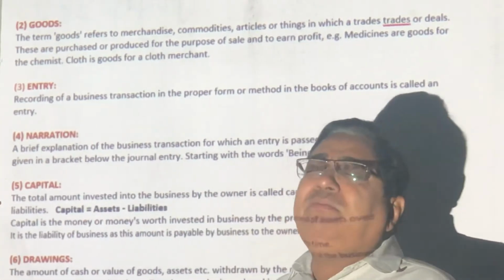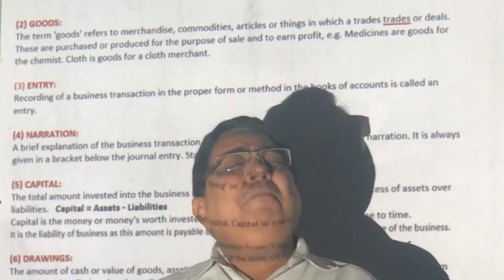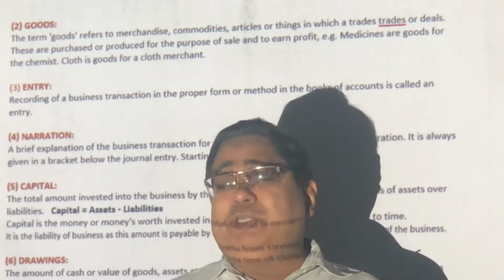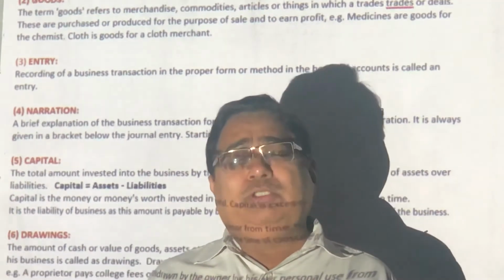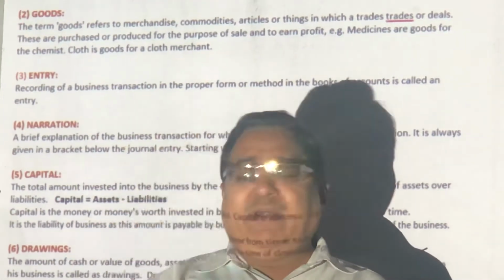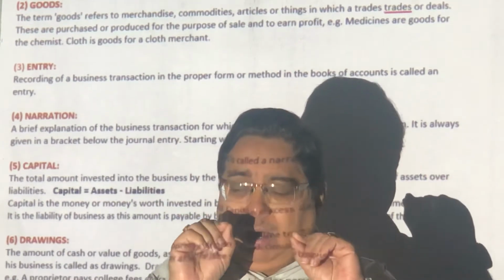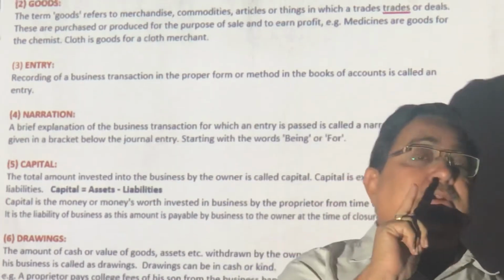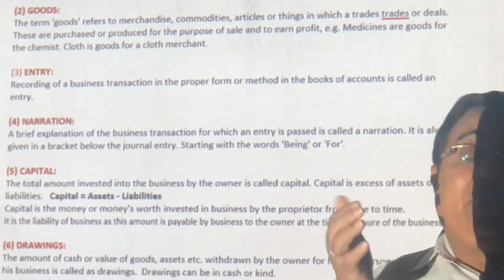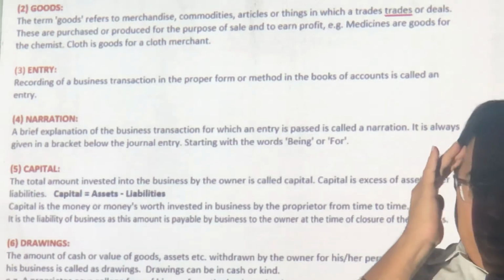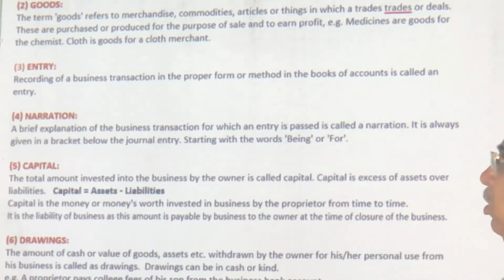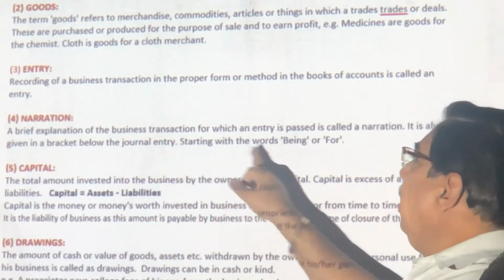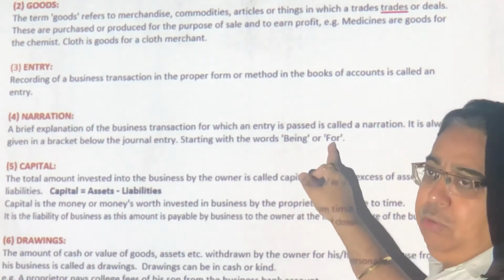Narration. After 1 month you ask me, how much did you pay the electrician? I wrote machinery account. So I wrote machine bought and installed for 1 lakh rupees. In the bracket below, I will write so much transport, so much electrician. I must write. Narration is the extra information in bracket written below the entry, which will help me to recollect and answer. Give me the breakup. In bracket below the journal entry, we write being or for, which I will teach you in the next chapter.